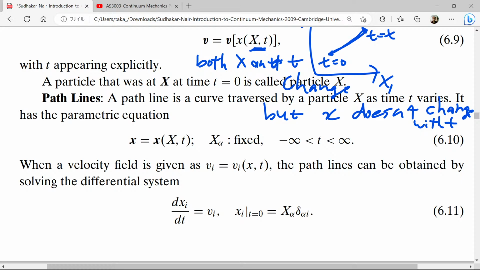It has the parametric equation small x equals x as a function of large x and t, where x alpha is fixed and t is between minus infinity and infinity, where the velocity field is given as vi equals vi as a function of x and t. The path line can be obtained by solving the differential system